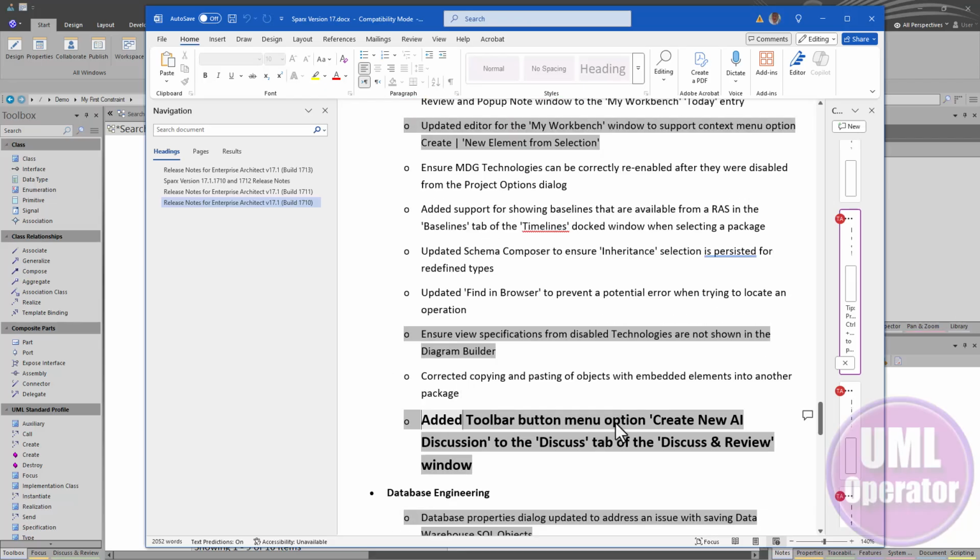Added toolbar button menu. I made this one big. Create a new AI discussion. When I saw this, I went, what? What does that mean? Really doesn't do anything or much. And so if you're using various paid for MDG technologies via Open Service for Lifecycle Collaboration, OSLC, they're taking advantage